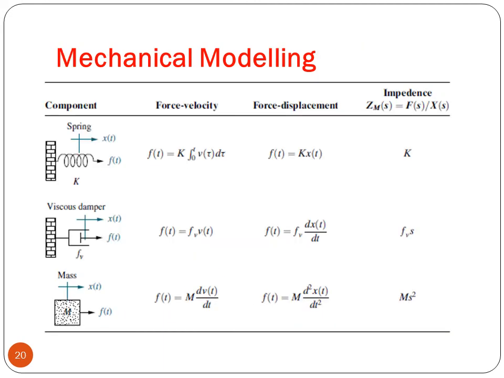Okay, after presenting the electrical modeling, we'll go through the mechanical modeling. For the mechanical systems, we have three different components: the spring, the damper or the dashpot, and the mass. And each one is presented as follows. For the spring, it is a linear relation, so it's K. For the damper, it is Fv times S as Laplace transform, and for the mass, it's M times S squared. And for the mechanical level,